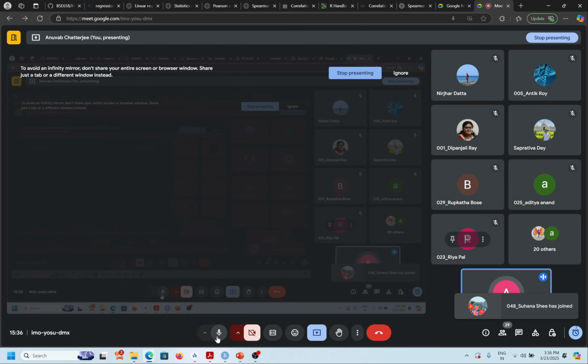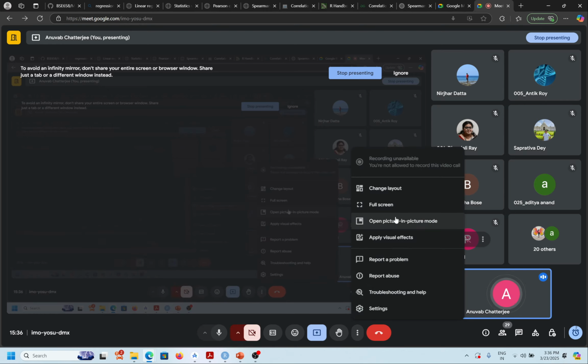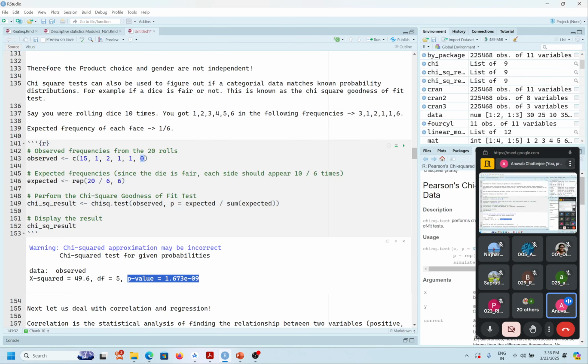Okay, I think enough people have joined, so I will quickly go again and show you what I was trying to show you. Okay, say that the person handed you the dice, and after rolling 20 times you got 1 fifteen times, but 6 none of the times, and he said if a 6 comes up you will get a lot of money. And then you figured out that this time there is something wrong, so you again run the chi-square test. Here you change your expected probability to 20 by 6 because you're rolling 20 times, and this time around you see that the p-value is very significant,